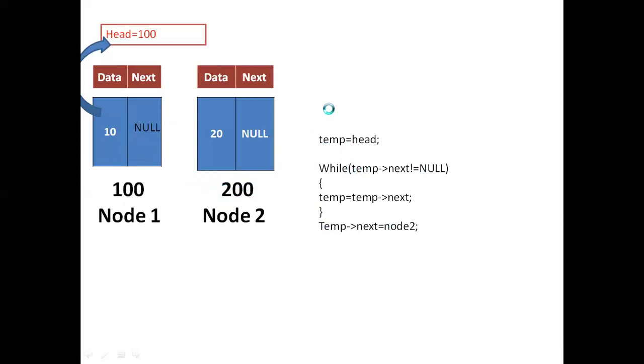So if you observe the diagram, now our link is formed between 200 and 100, and we store 200 at 100 arrow next. This means this null is replaced by 200. So we are connecting 100 and 200, and the null address is replaced by 200, which means the 100 arrow next part always holds the next node address. 200 arrow next is null because there are no nodes after 200. This is the way we can connect the nodes.